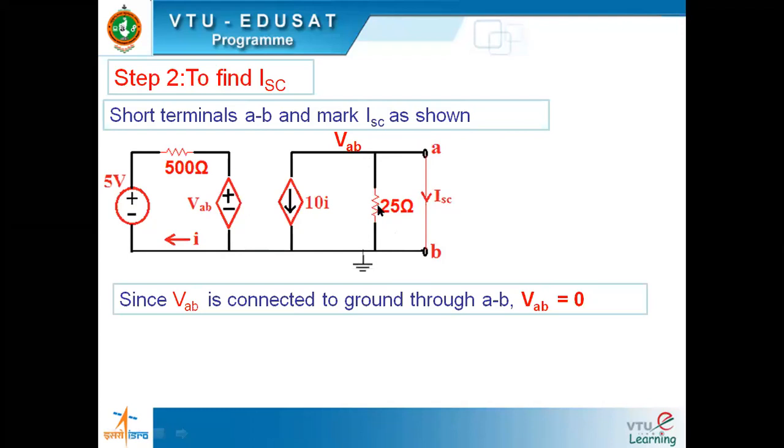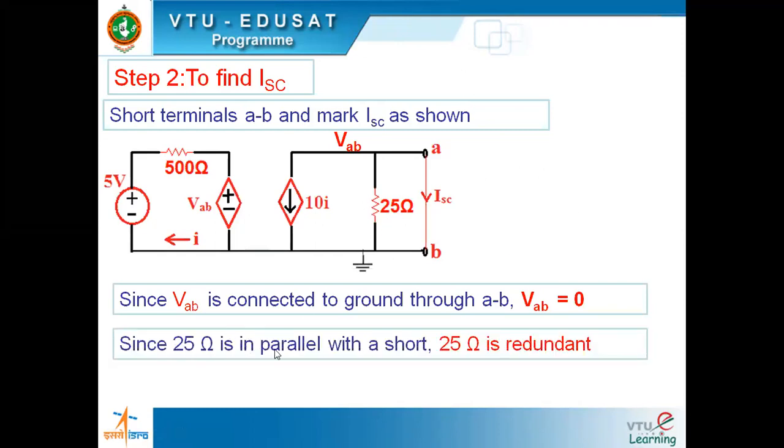If there is a resistor in parallel with a short circuit, then that particular resistor is redundant. There is no meaning to it. If it is there, it is there, but it is of no use. It is there, but of no value to us. It makes no difference to the results that we are going to get. Fine. So that's why we say this.